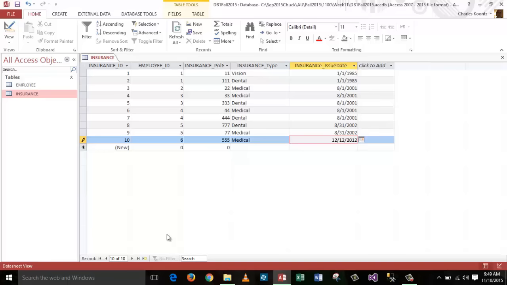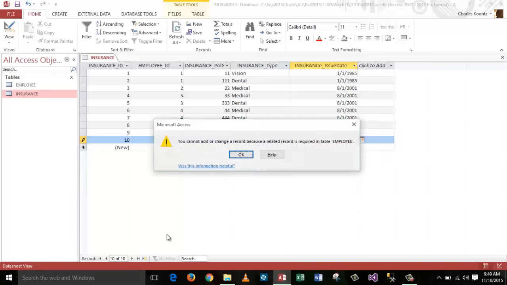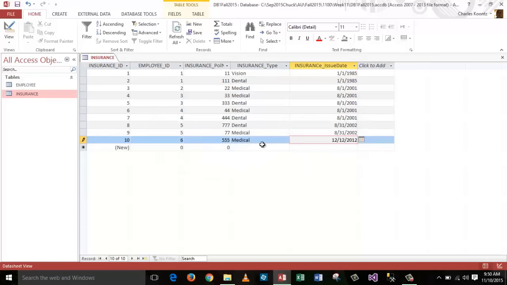As soon as I hit the tab key, it's going to tell me there's a violation of referential integrity, and there it is. You cannot add or change a record because a related record is required in the employee table. So this is where the database management system is going to block me,